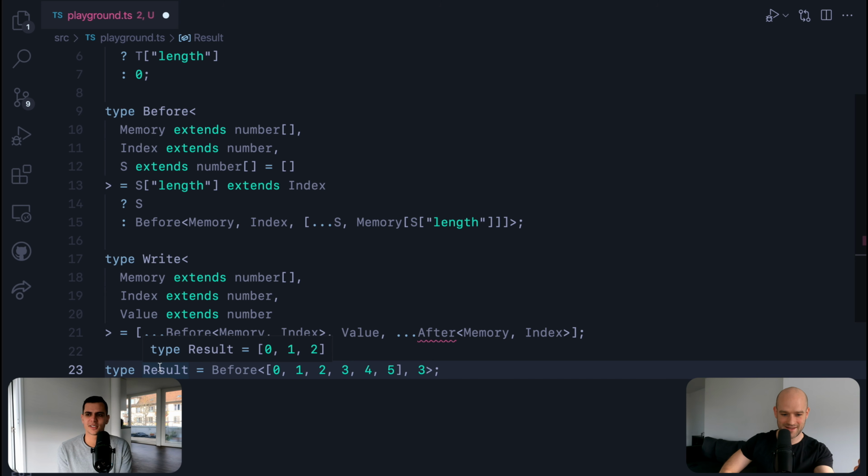Yeah, the question is who's going to type the meta TypeScript? But yes, exactly. Who's going to type the meta TypeScript? Exactly. Well said. Let's not touch on this right now, but we're going to touch on it later.